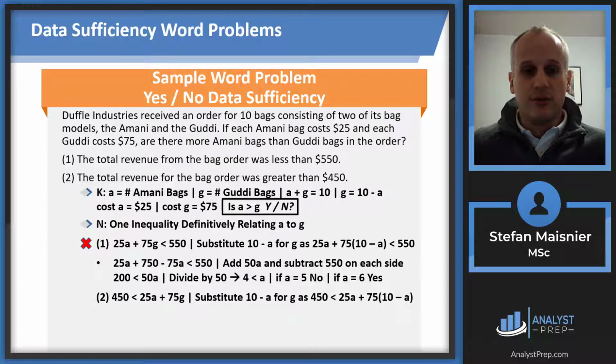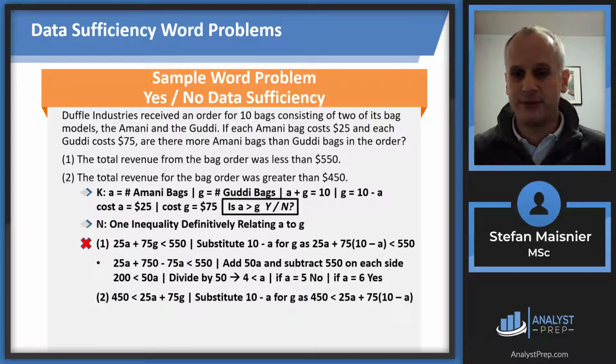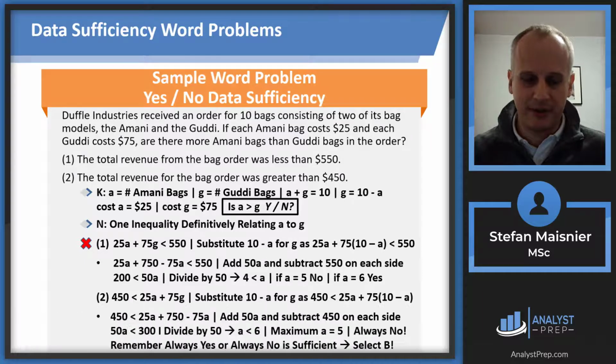So then we go to condition 2, again articulating it as algebraically as possible. The total order revenue was greater than 450 this time. So 450 is less than 25A plus 75G. Same general approach, substitute 10 minus A for G. So you get 450 is less than 25A plus 75 times 10 minus A, the quantity. And then we've got to do a little bit of combination and manipulation again. So 450 is then less than 25A plus 750 minus 75A. Do a very similar manipulation, add 50A and subtract 450 on each side to determine that